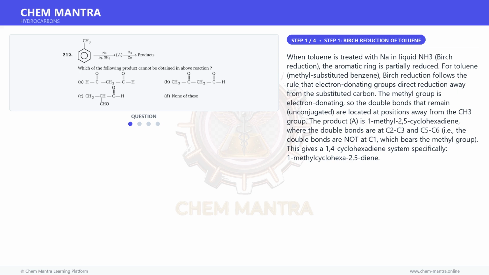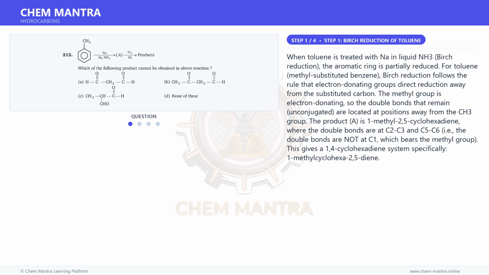When toluene is treated with Na in liquid NH3, Birch reduction, the aromatic ring is partially reduced. For toluene, methyl-substituted benzene, Birch reduction follows the rule that electron-donating groups direct reduction away from the substituted carbon. The methyl group is electron-donating, so the double bonds that remain, unconjugated, are located at positions away from the CH3 group. The product, A, is